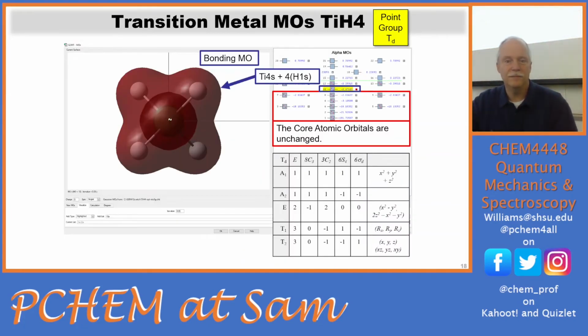Let's look now at a tetrahedral crystal field. We lose the g's and u's, and so now it's much easier to have visible transitions. We don't have to break the symmetry with vibrational excitation. So I picked one that was in a similar position, titanium. The reason I picked titanium is it does prefer tetrahedral complexes, and so a lot of times titanium will be used as an example. So here's the tetrahedral character table,